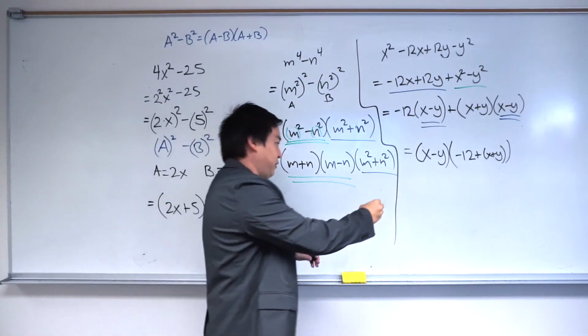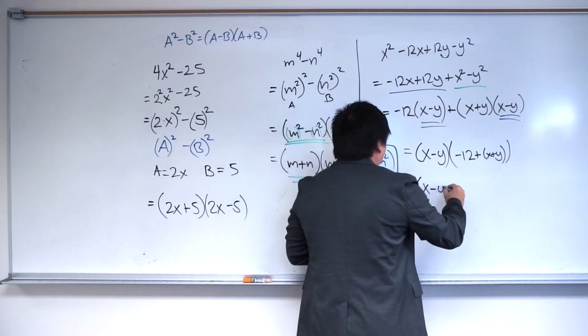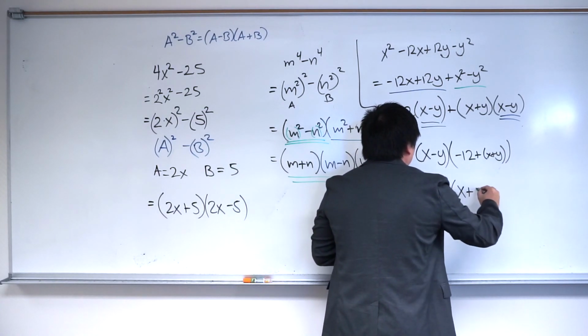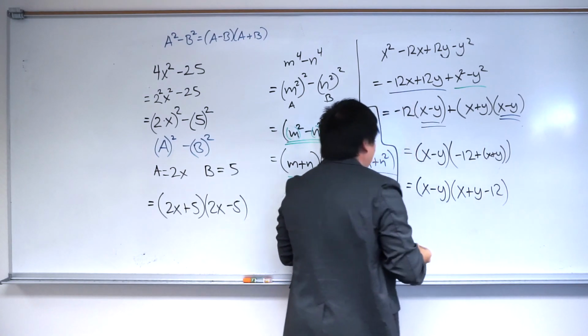Now you can rewrite this if you want as x minus y times x plus y minus 4. Either way is